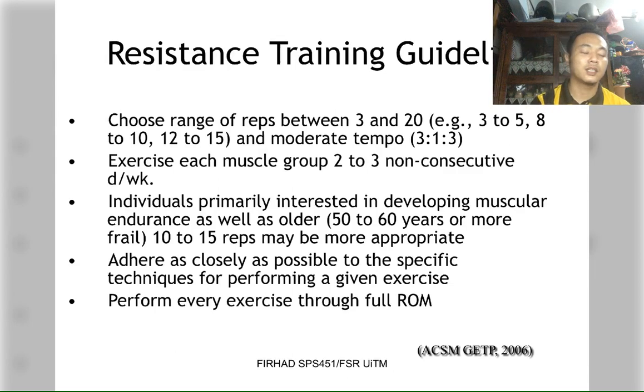Ni pun sama juga. Selalu saya tengok orang buat leg pull down, tarik sampai hidung ya. Lepas tu release. Berat sangat kan, dia tarik sampai hidung. Please do at full range of motion. Bench press tak turun ke bawah. Tarik sikit je. Contoh saya bagi senang lah, bench press. Bila awak buat bench press, awak tak turun sampai ke bawah, muscle yang akan kena lebih adalah tricep tau. Sebab tu awak kena turun sampai bawah supaya your chest muscle, your pectoralis major muscle akan contract. And then baru awak tolak. Kalau awak tarik sikit saja, dia lebih kepada tricep. So there are no specific muscle yang kena.